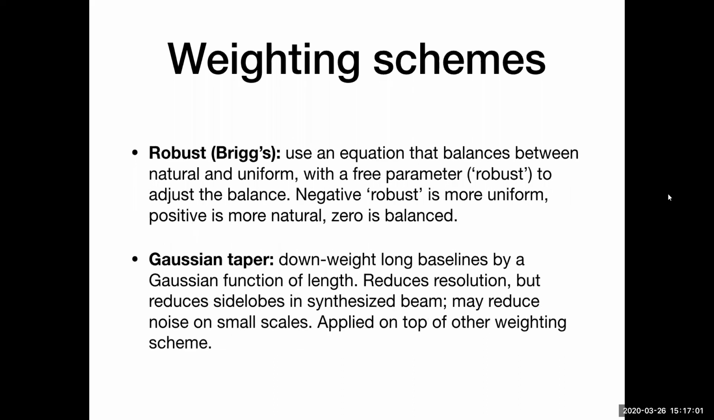So between these two, there's something called robust weighting, and there's a couple of different forms of robust weighting. The one in CASA, at least, is Briggs weighting. And robust weightings are basically using some kind of an equation that has a free parameter that you can use to adjust somewhere between natural and uniform. So you get this sort of robustness parameter that the user selects, and depending on the value, it'll weight things in a way that looks either a little bit closer to uniform or a little bit closer to natural, or